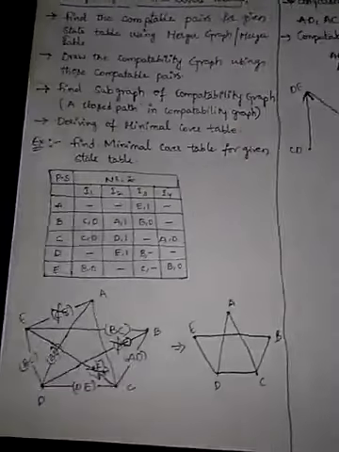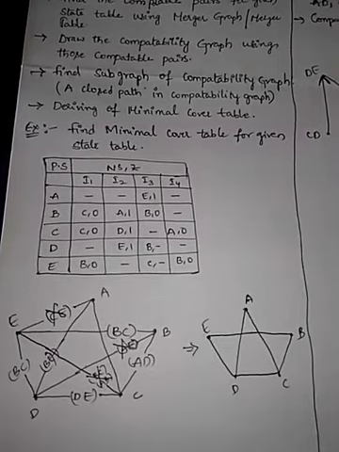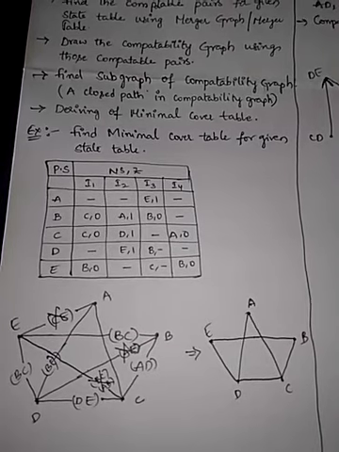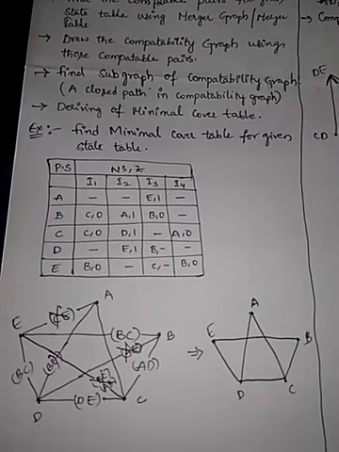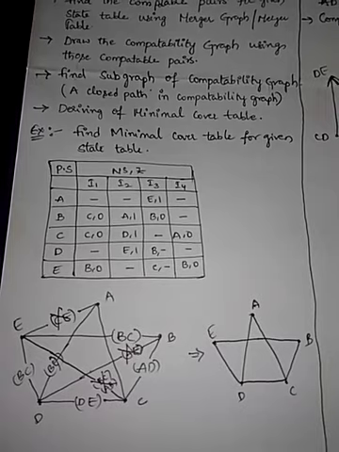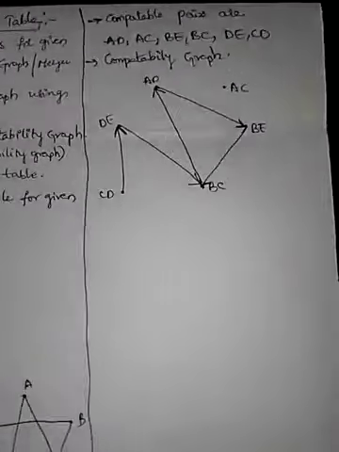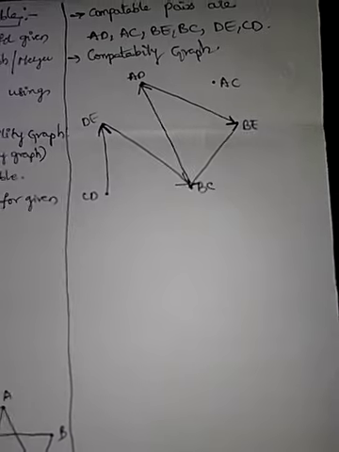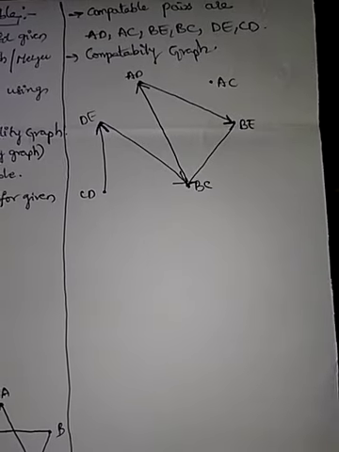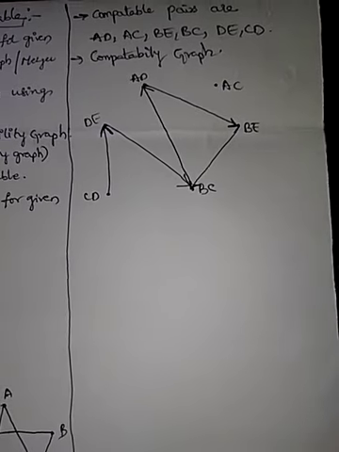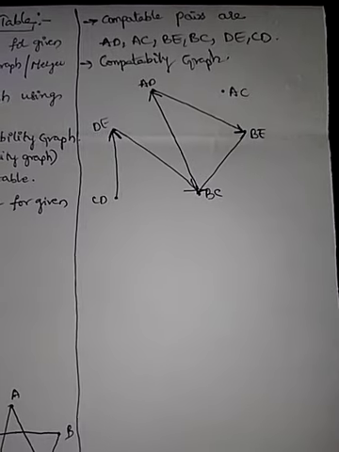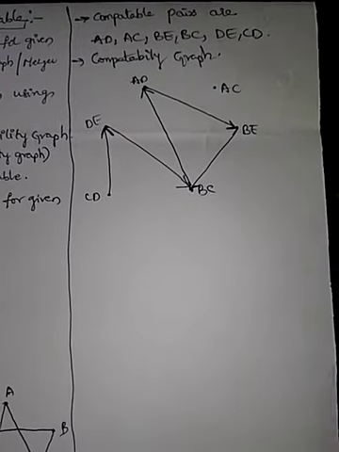So see, AC is purely compatible. We don't have any other state in between the line. AC is purely compatible, that means the line is drawn directly. We didn't have states in between the line. So purely compatible means that point will be left aside. Why? Because we don't have any other points, so we are not able to draw an arrow mark. So leave it aside. Now this is the compatibility graph what you got.